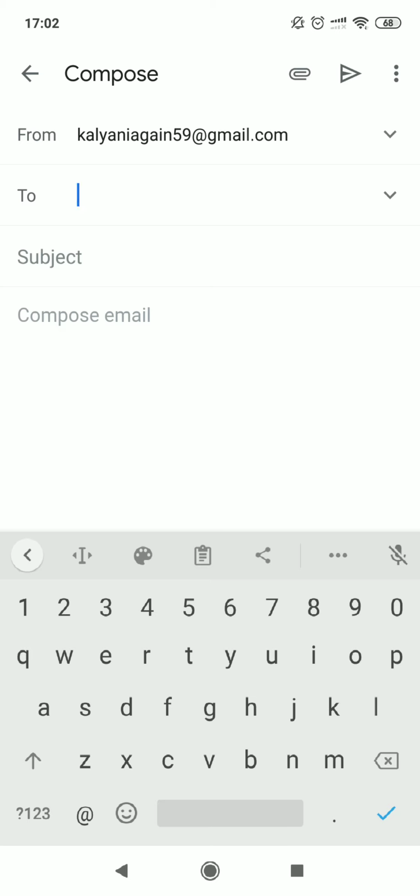So here, if you observe, there is the from address and the to address. In the from address, the student is going to enter the mail address. Ma'am, I don't have my mail address. It's okay. Everyone will not have a mail address. You can use your father's, mother's, your relatives' or anyone's mail ID in order to send the answer scripts. At this age, everyone will not have a mail address, so you can ask someone who is around you.